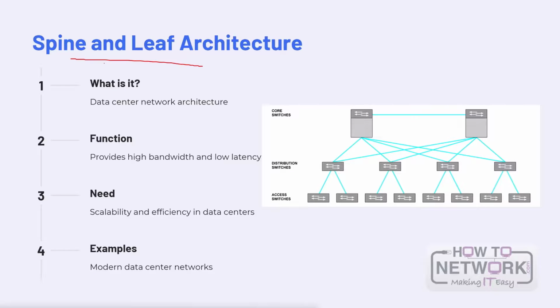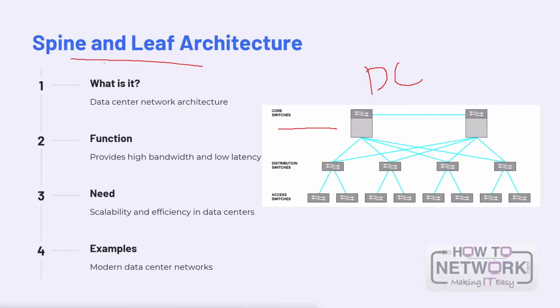Let's talk about the spine and leaf architecture. So the spine and leaf architecture is a modern data center design that prioritizes high bandwidth, low latency, and scalability. It is designed to handle the ever-increasing demands of today's data centers, where high-performance computing and massive data storage are important. The spine and leaf architecture is a hierarchical model where the network is structured in two layers, which is